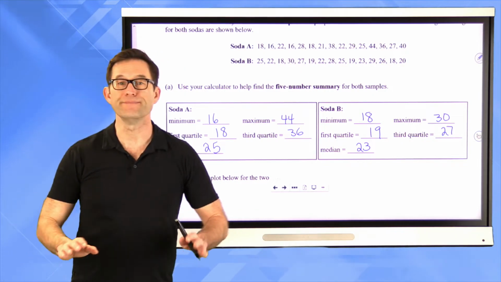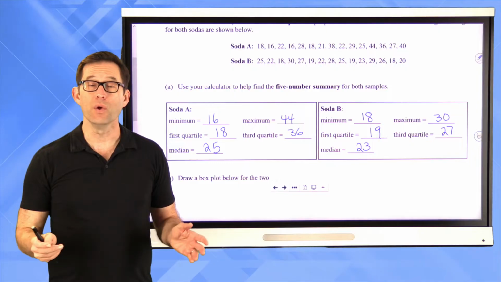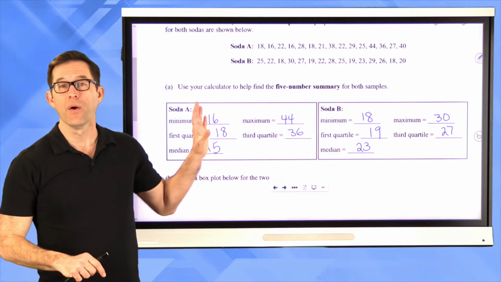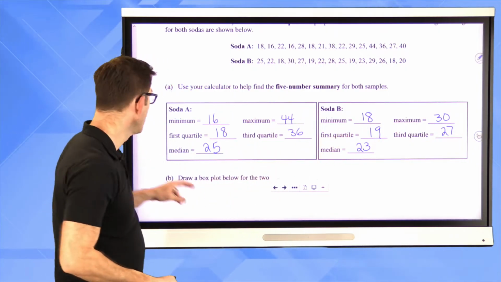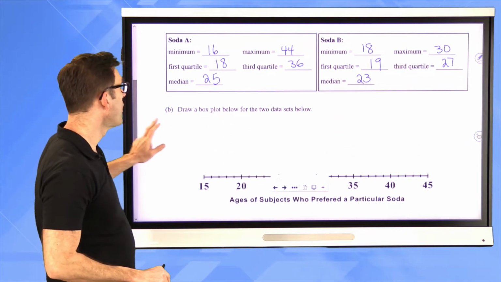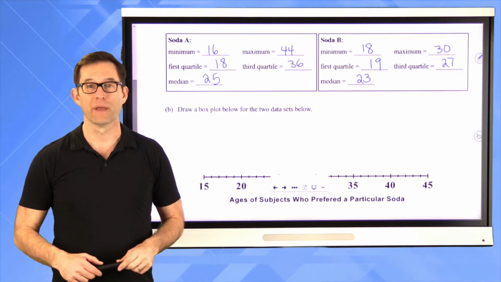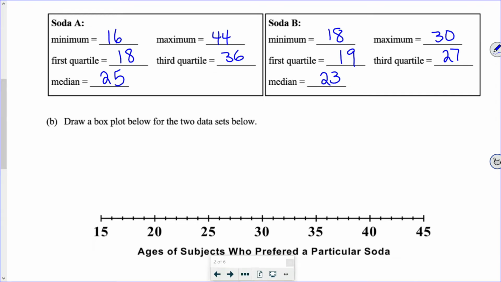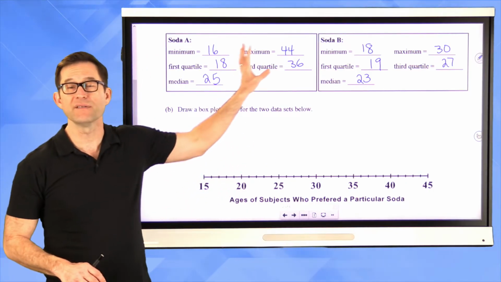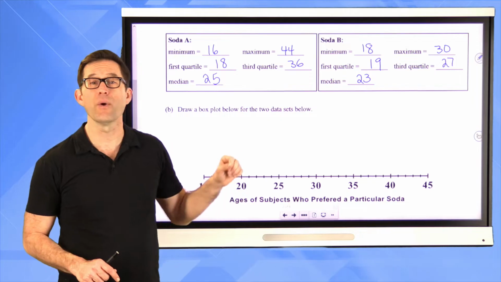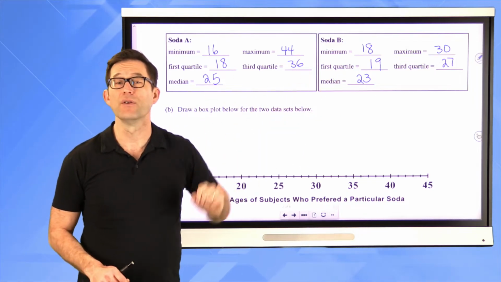statistics. All right, now, little review from a previous course, right? Now that we've got our 5-number summary, we can start to draw what are called box plots. So let's take a look at letter B. All right. Draw a box plot for the two data sets shown, the two data sets below. All right, so what I'm going to do is I'm going to take these things and I'm going to draw box plots. Let's review how to do that for soda A, and then you can do it also for soda